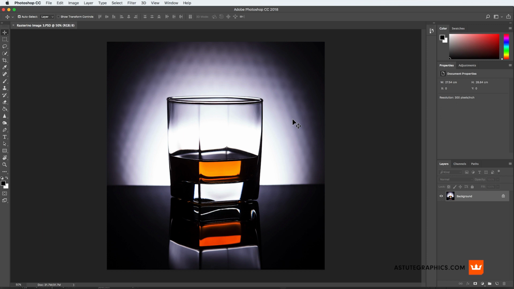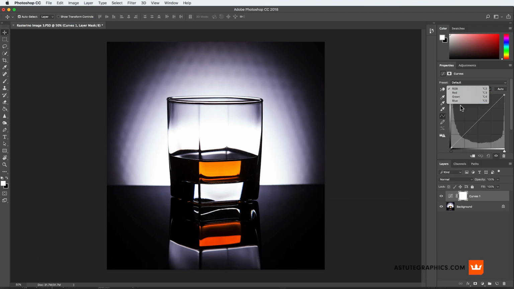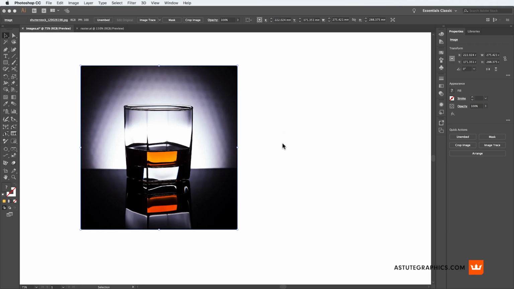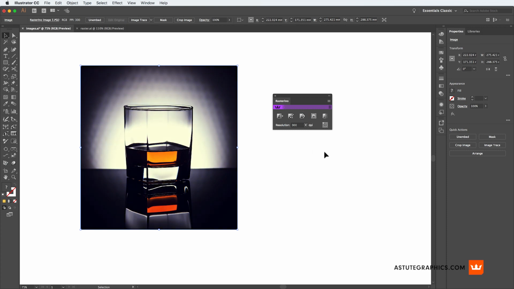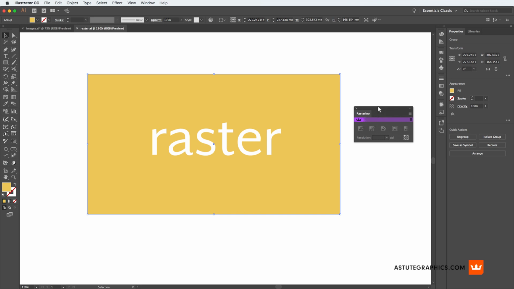So mine's Photoshop, where I can make whatever changes I need. I'm just going to apply a bit of a filter. Once you're happy, just press Save. OK, exit, and then you'll see it hasn't updated yet. What we need to do is tell Illustrator that we've changed it. So we go to the next button along, which is Update Image, which then replaces our image with the adjusted file.